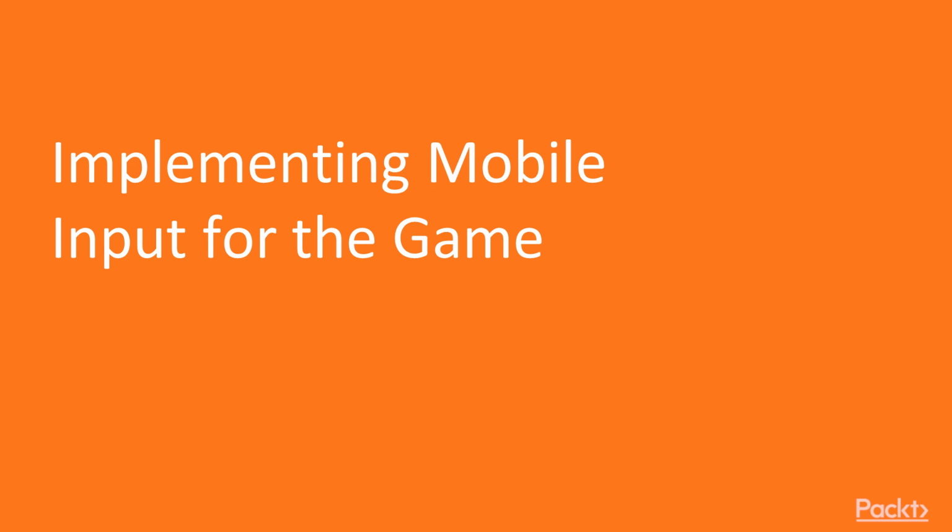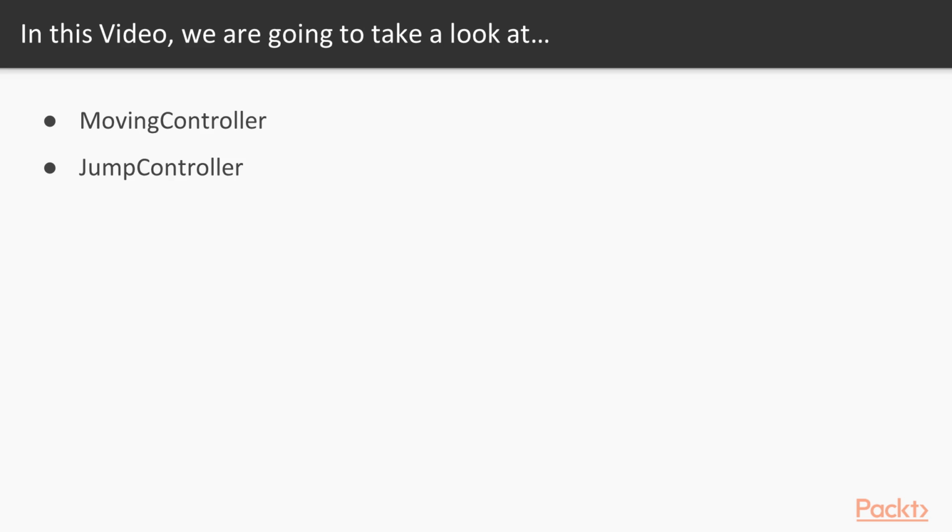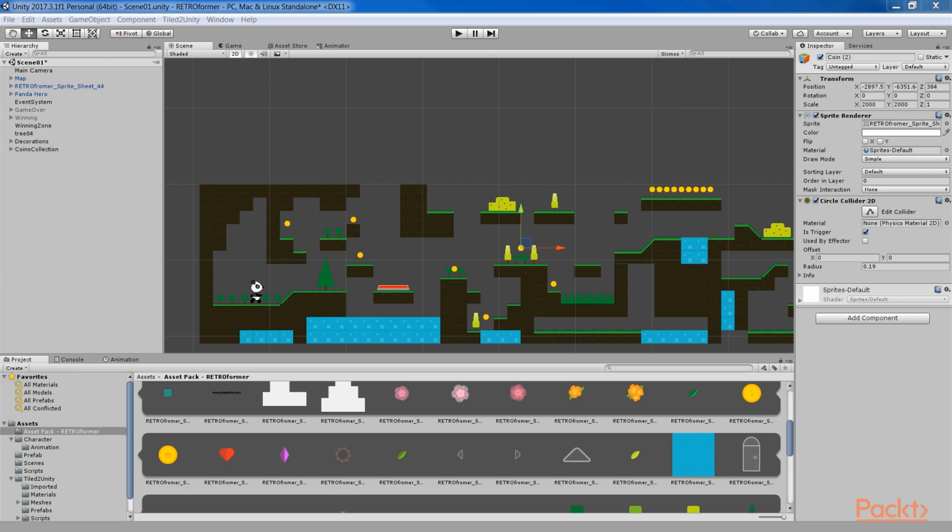Let's start with implementing the mobile input for the game. In this video we'll learn about the moving controller and jump controller. With that said, let's get going. The last step to conclude our game is to make it mobile friendly. So far we can move the character only with a keyboard, but what about the mobile devices with a touchscreen instead? To implement the system, we'll use the UI system in Unity, which is already suitable for gathering input from